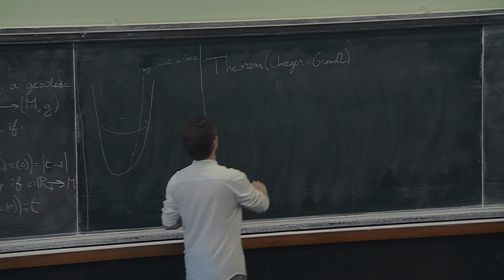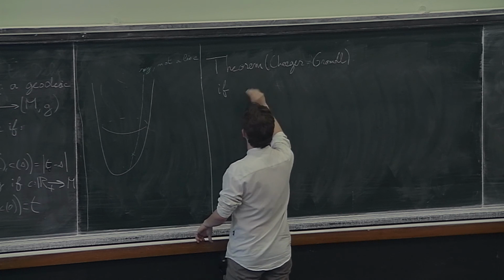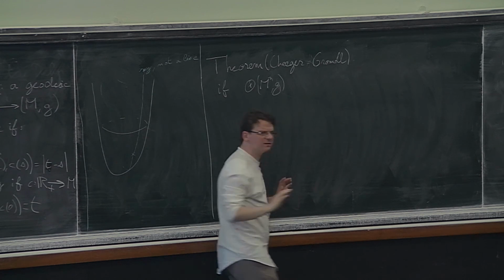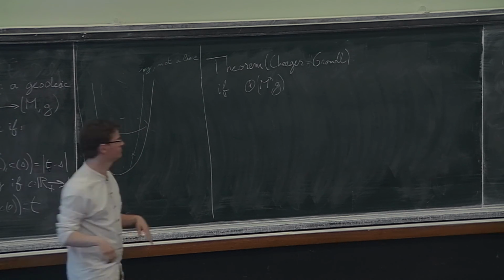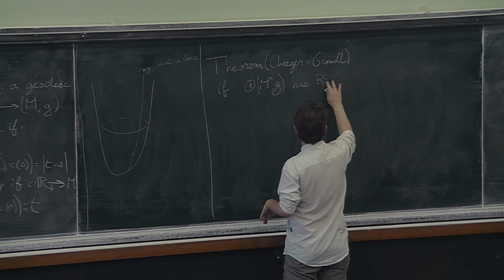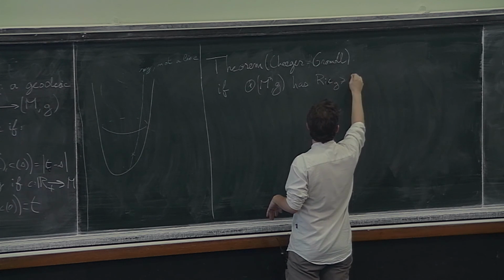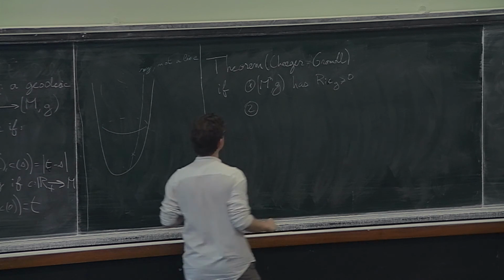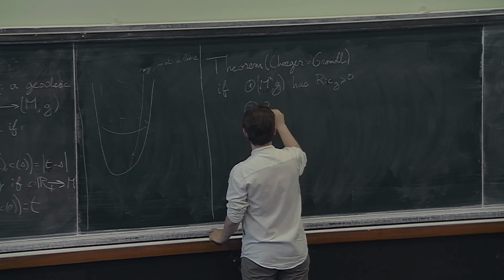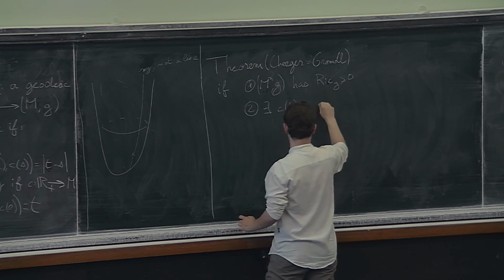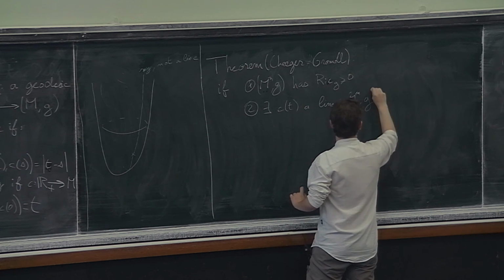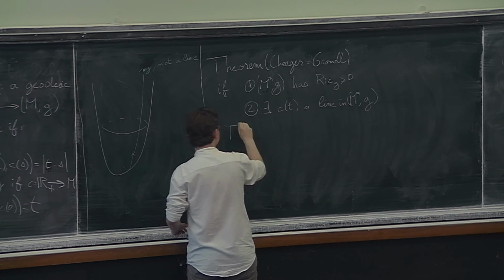Okay, so first hypothesis, M and G is complete, so I will stop writing complete everywhere, that will be assumed throughout. So if M and G has non-negative Ricci curvature, first hypothesis. Second hypothesis, if there exists c of t, a line in M and G, then